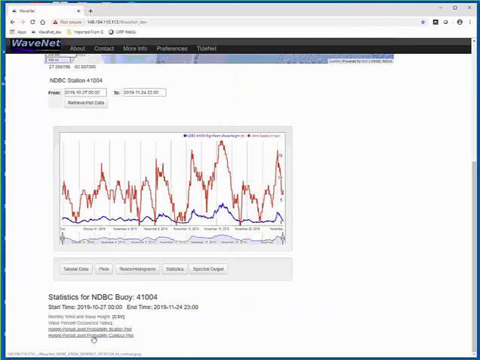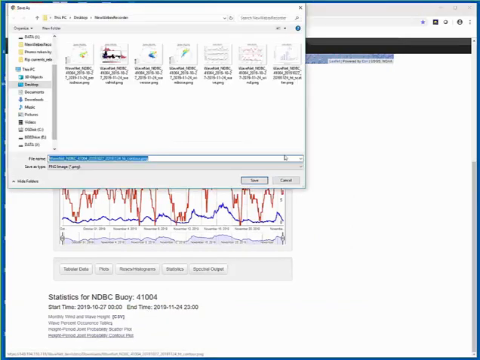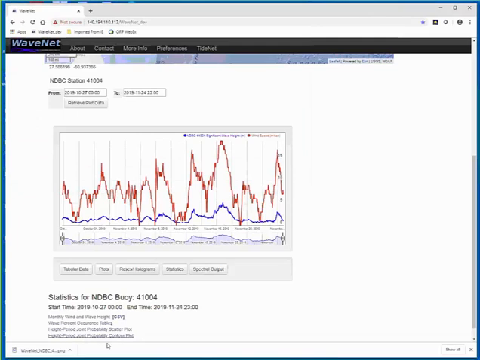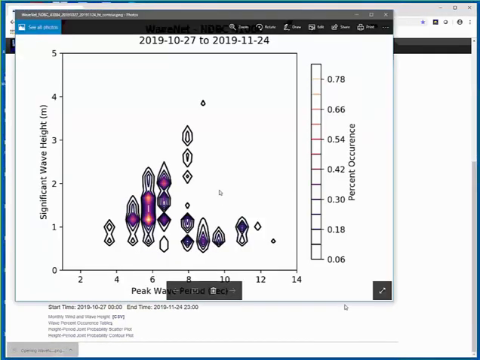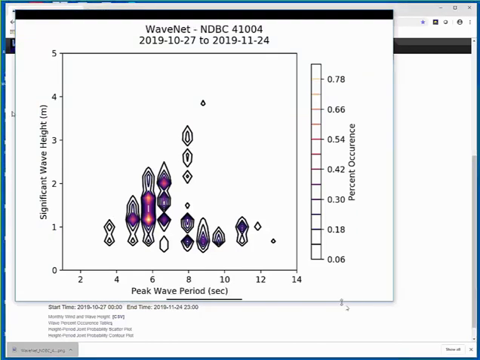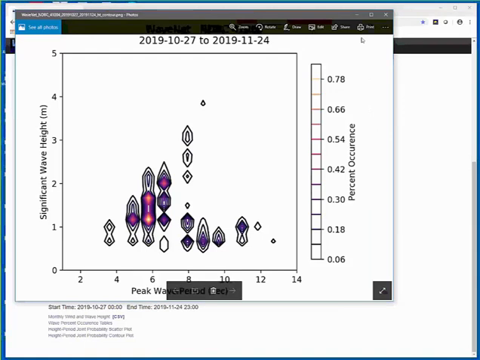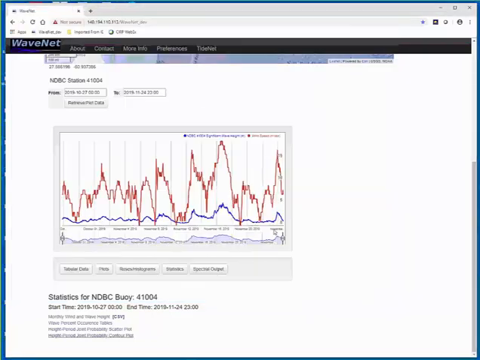The next plot is going to be a contour plot of what you saw just right there. This is based on the percent occurrence, converted to significant wave height versus peak period, and expressed in contour plots. You can see the density, the color of it tells you where most of the wave energy is coming in, what frequency and what wave height.